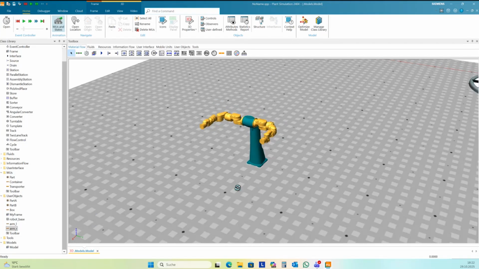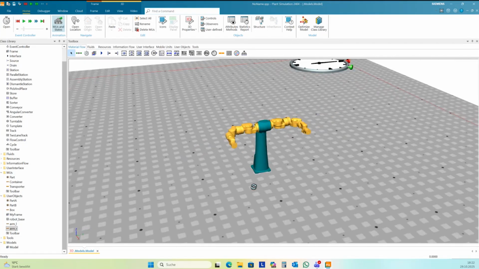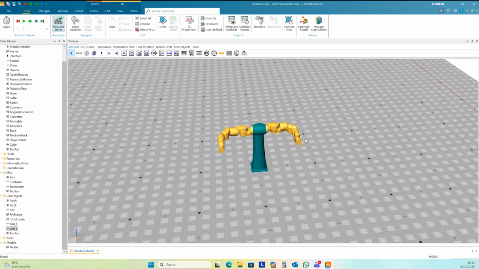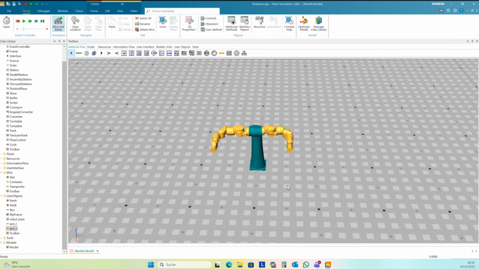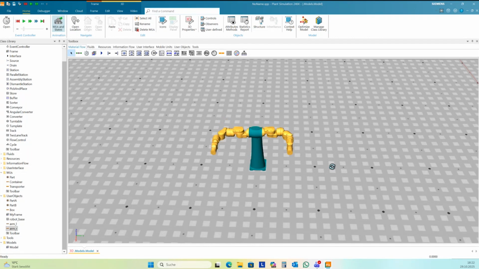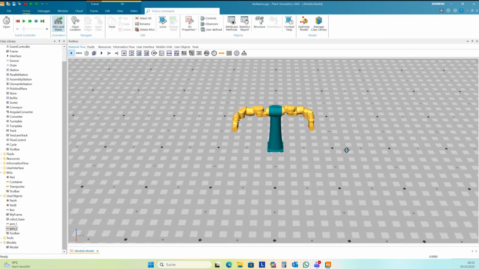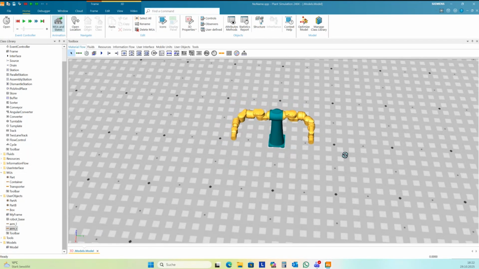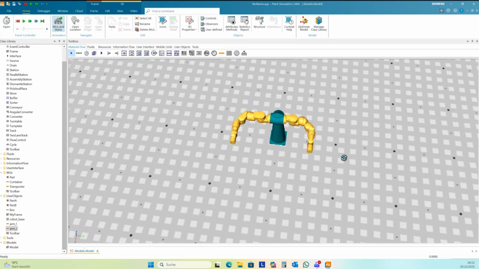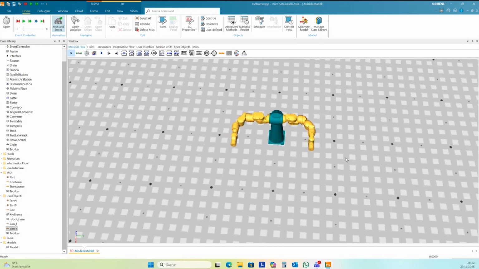Okay, now we have 2 arms, and we have already some poses. And now we need a basic scenario for how to control this 2-arm robot. In many cases, such 2-arm robots are doing some assembly work.